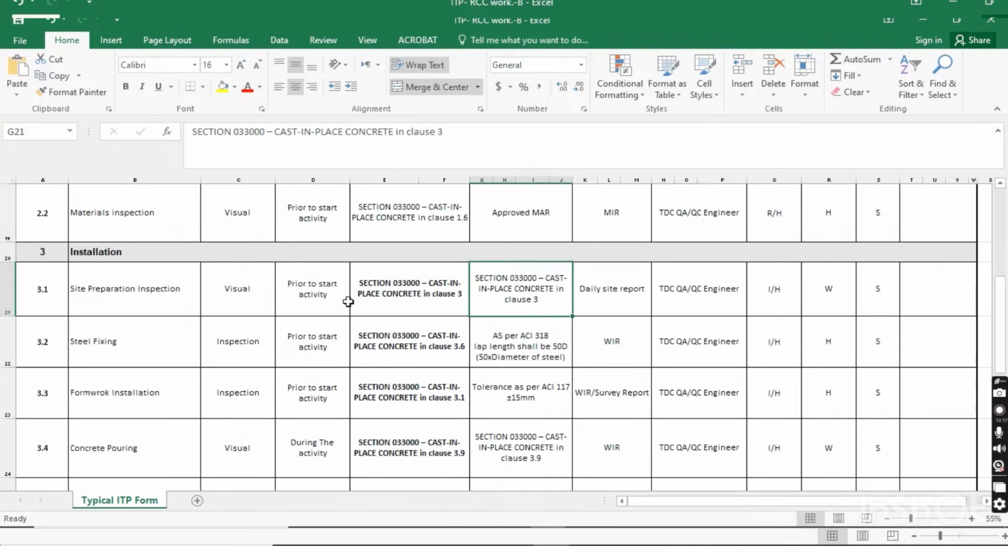When you complete your site, prepare your site as per the specification, so it will be accepted. And how will you send the record form, how will you keep the record for the site preparation inspection, the daily site report? And who will do this? The TDC QA/QC engineer will make a site report for the site preparation inspection, and it will be held till the approval of the